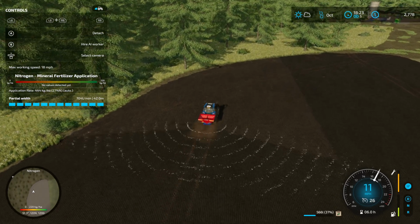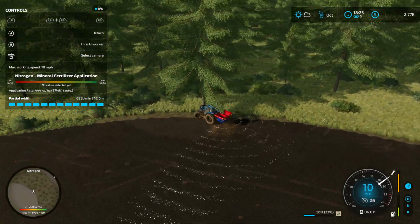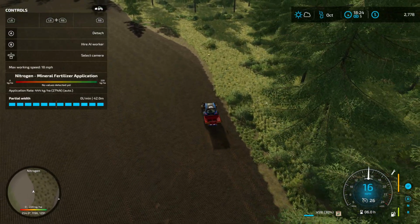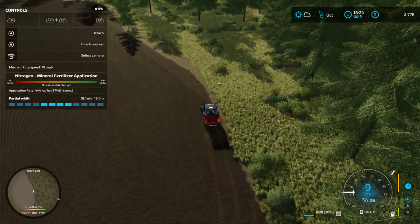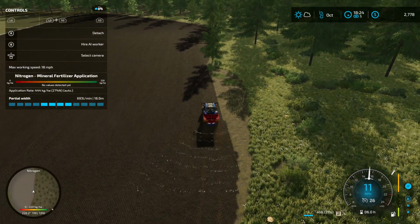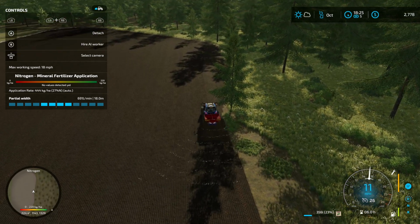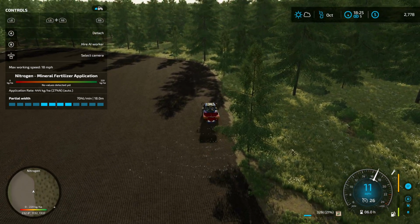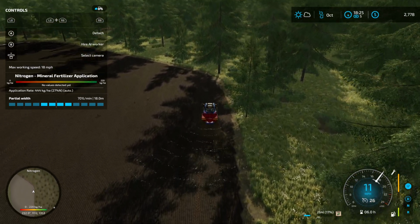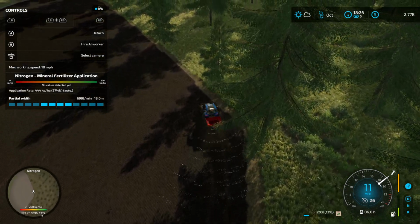We should also be ready to sell some silage by the next episode. I don't know if we're going to try to do that with the trailer and taking multiple loads in to sell, or whether we're just going to try to sell it all at one time with auto sell straight from the silo. We won't lose money. We won't make as much money on it if we auto sell it, because there will be costs incurred in having it